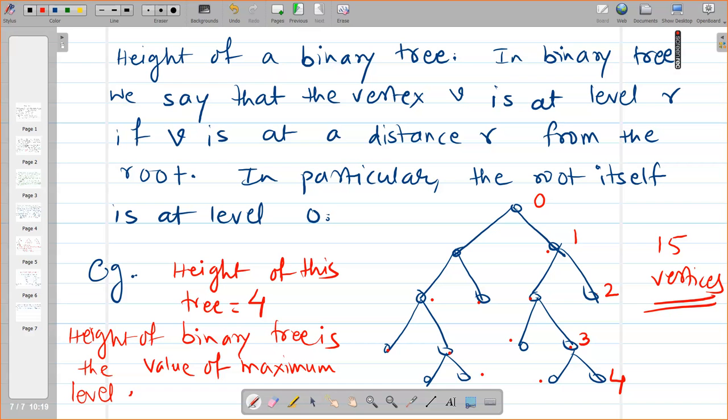Now see, when I draw a binary tree, at the 0th level I have one vertex, and at the first level I have two vertices. Two vertices are coming out from one vertex. At the second level also, from this vertex I have taken two vertices. From this vertex I have two branches. But now at this level, level 2, only this vertex has two branches, and this vertex has no branches. This vertex has no branches. This vertex has no branches. This vertex has no branches. So we haven't used the full capacity. Do you understand me?